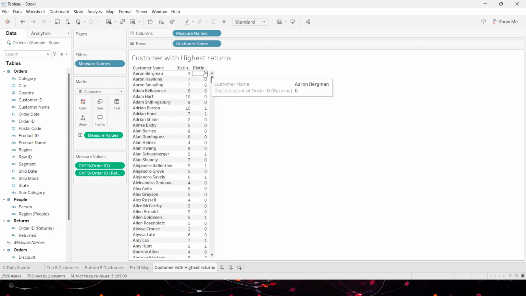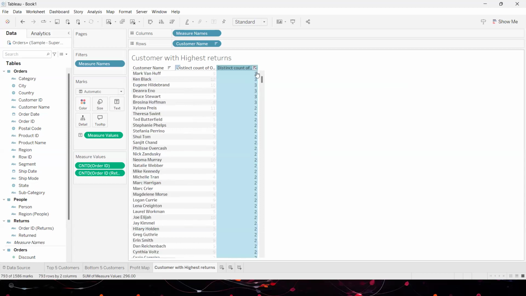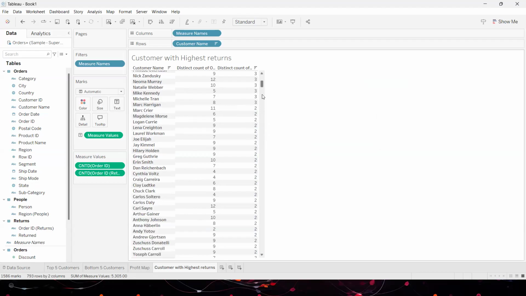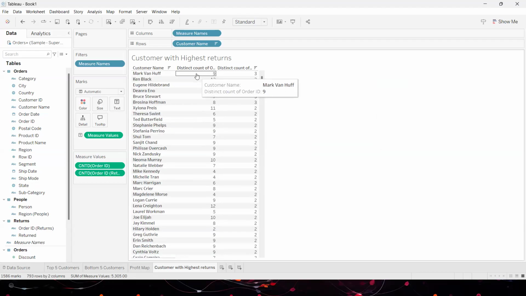So what if I sort this data? Sorting the data is pretty simple in all these tools. You just hover there, and you have the sort icon. Here I can see the people who have returned a lot of orders: 3, 2, 1, and then all zeros. 9 orders placed, 3 returned; 12 orders placed, 3 returned; 10 orders placed, 3 returned. Seems all right. But what about these people? They've placed 4 orders, and they've returned half of them.